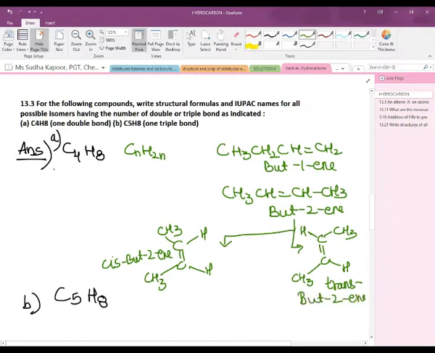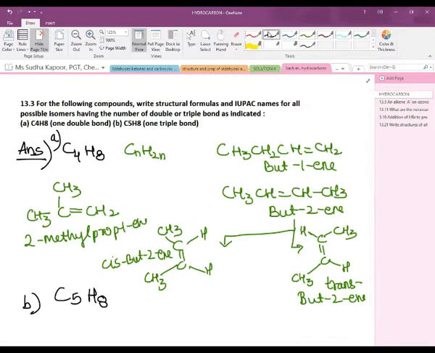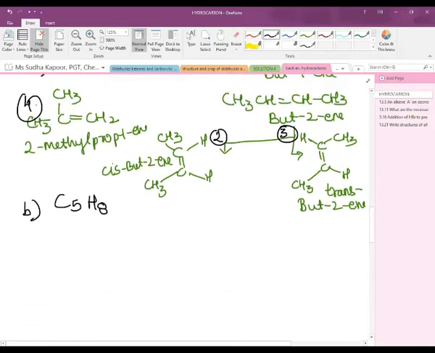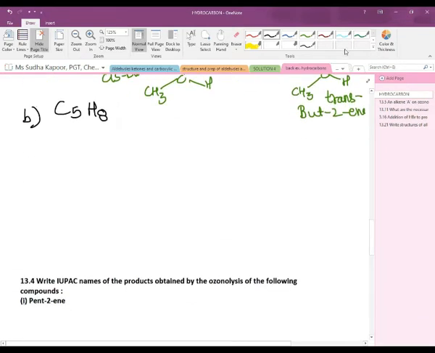Now one more structure for it is, that is the C, C and double bond C, and one of the branches on the center one. So what the name given to it is 2-methyl-prop-1-ene. So overall we get how many isomers for it? 1, then 2, 3, and total 4. The butene has further been shown as cis and trans. So let us come to the other example of C5H8.